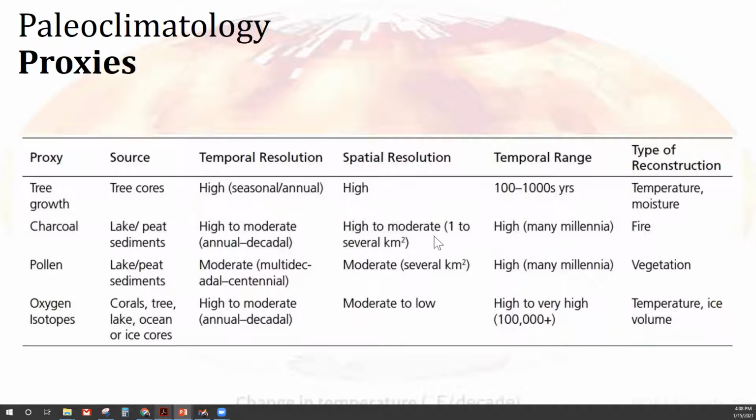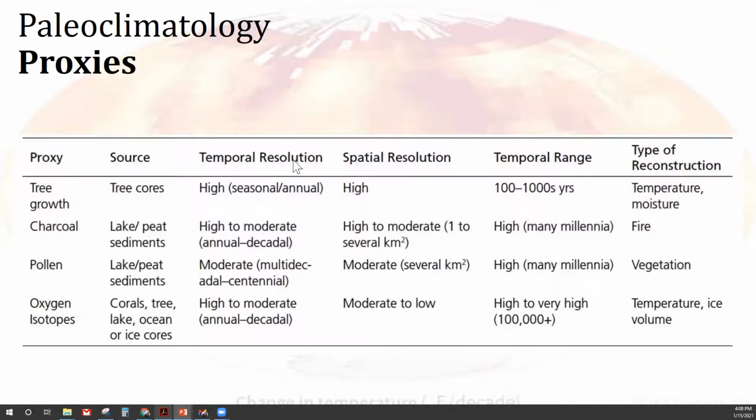I like this table too because it talks about the source, but then it talks about the temporal and spatial resolution, which is really key, right? We were talking about this at the end of last week. Thinking about, well, what has high, either seasonal or annual temporal resolution. So either spring, summer versus fall and winter, or even just annual, every year, versus some things have annual to decadal, and some things are multi-decadal to centennial. So every 100 years,